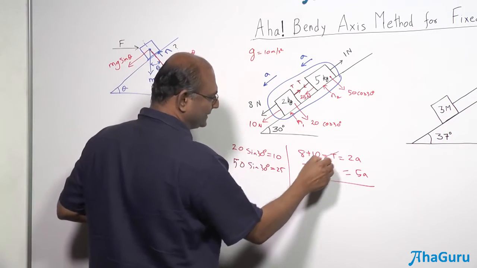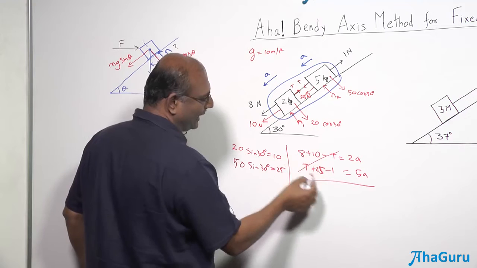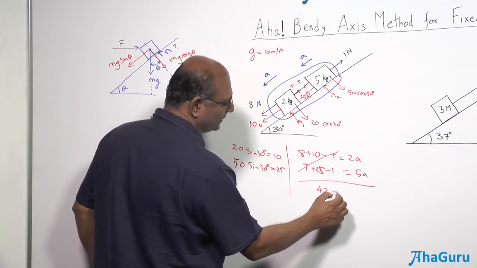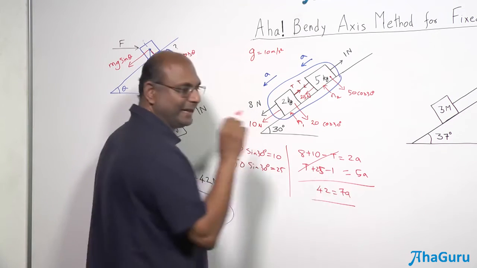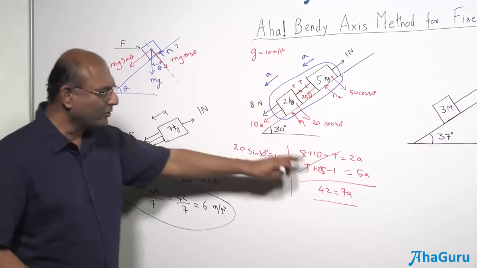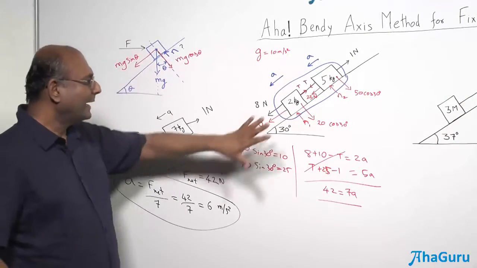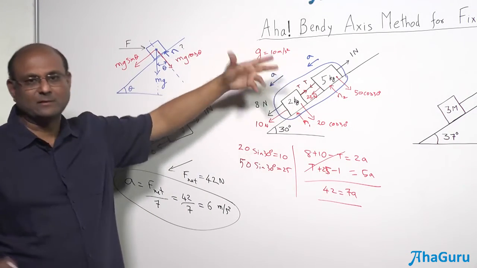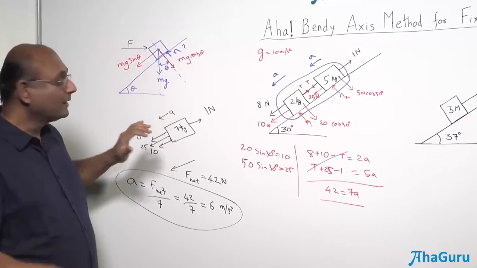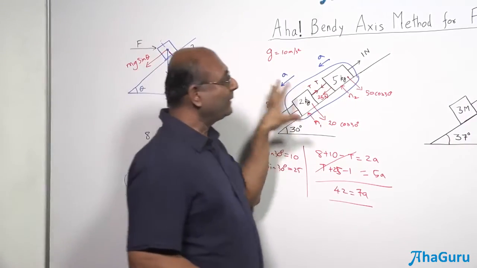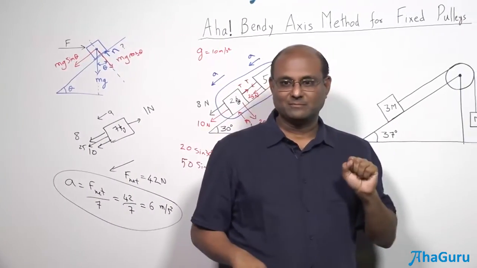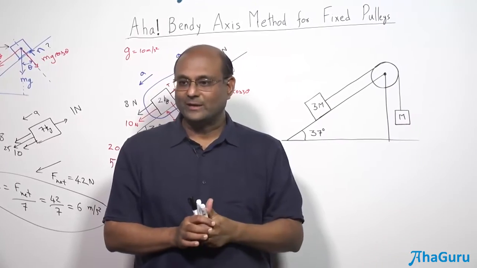So if I try to add this up, you'll get the T cancelling out. And what will happen when you get here? You will get 42 is 7A, and so you'll get A is 6. So this is the more normal way of doing the question, right? I'm just saying you can bundle the blocks together, but that's something that you have been doing anyway. Now the key point is, can I apply the same approach to this problem? And you can. So how do you do it?